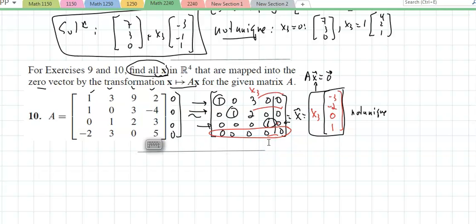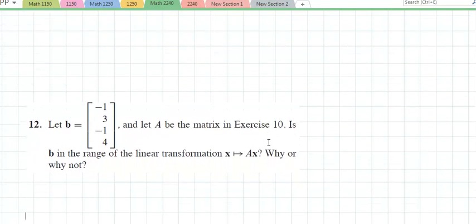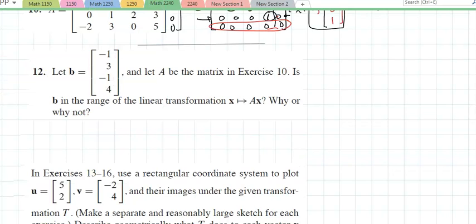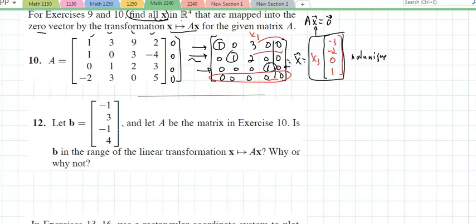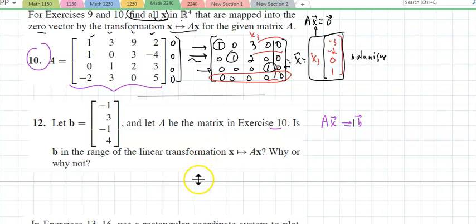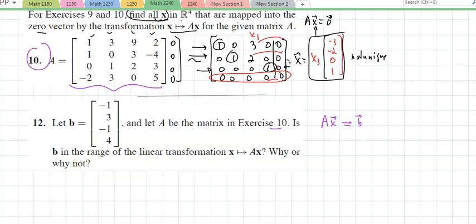And you'll notice number 12 refers back to number 10. Looking at number 12, this is what it says. It says let B be the following vector and A be as it is in number 10. Here it is. It's asking, is B in the range of the linear transform? What does that mean? In the range. That's what it's asking. What does that mean? That means I need to solve this system. That means if I copy A down,